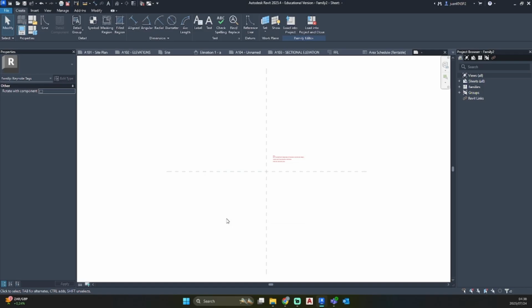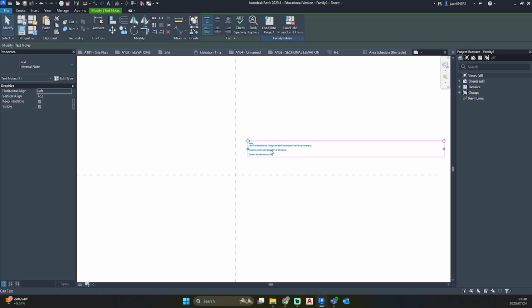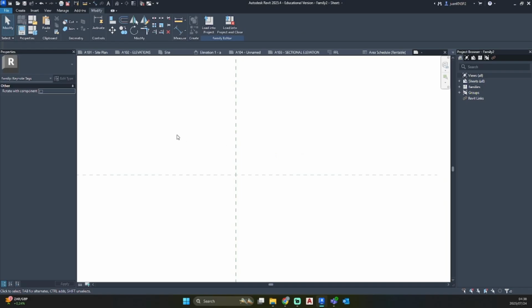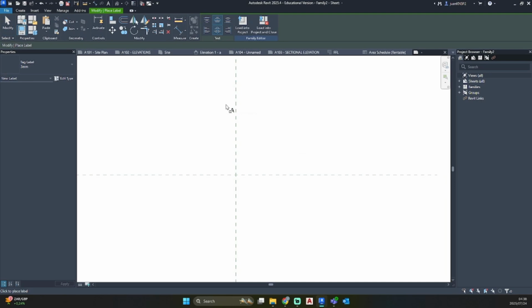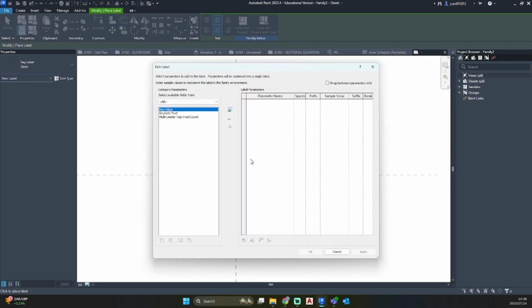So we will be creating two types of keynotes. Go ahead and delete the text in red. And now we are going to go create, label, and just click on screen. And you'll see now keynote, key value, keynote text, multi, leader tag, host count. We want to use keynote text.